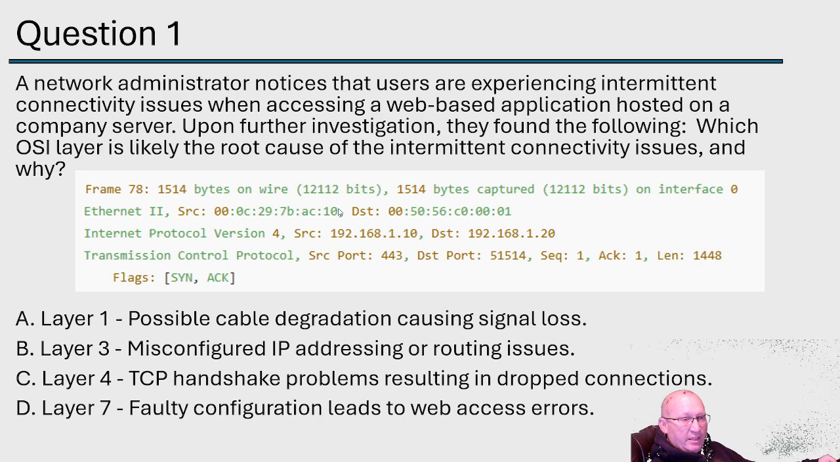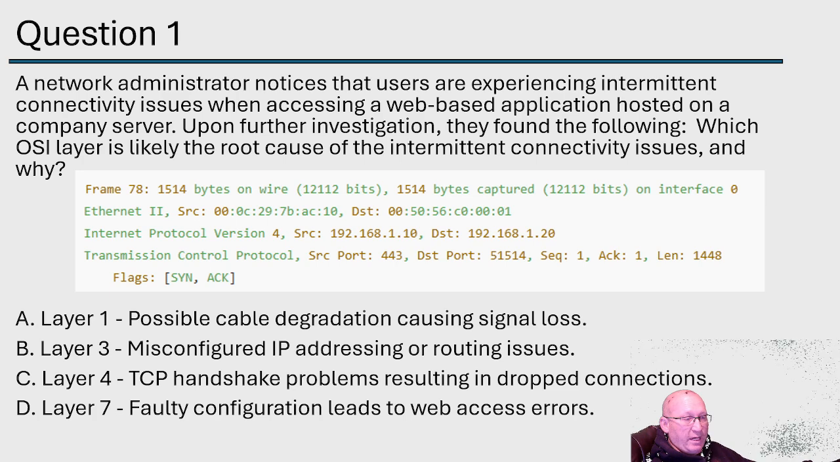Then we have layer 3, misconfigured IP addressing or routing issues. Are the proper source and destination IPs present? That's really what we're looking for here. We can look at Internet Protocol version 4. We see a source 192.168.1.10, destination 192.168.1.20. Should those be able to connect with each other? I would say yes. I don't see an issue with those two communicating with each other,